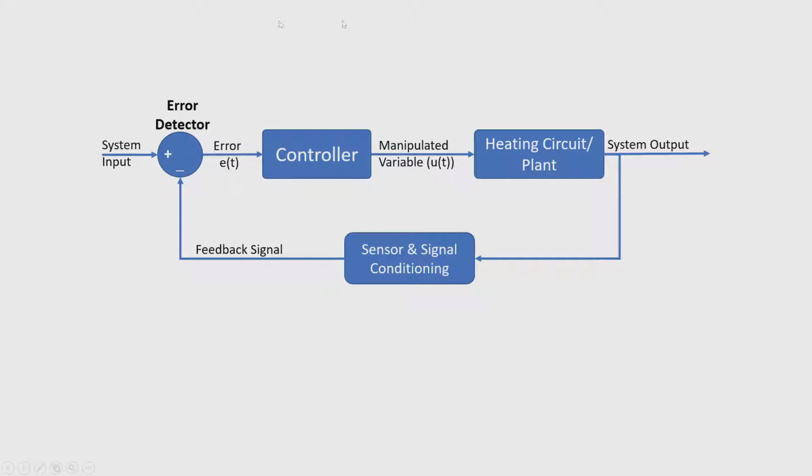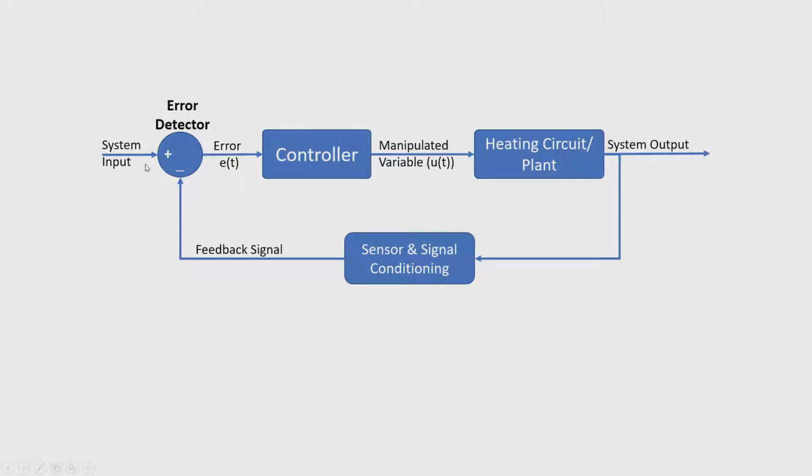In this case, if you clearly observe, we have an error detector whose input is connected to the positive terminal, and the negative is connected from the output of the sensor as well as the signal conditioning circuit if required, such that this block will measure the difference between the input and the output signal, but both should be in the same units. In this case both are electronic units. As we are developing the complete system using electronic units, both should be understandable by the electronic system. That is the reason we have realized the temperature as well as the input in terms of voltages.